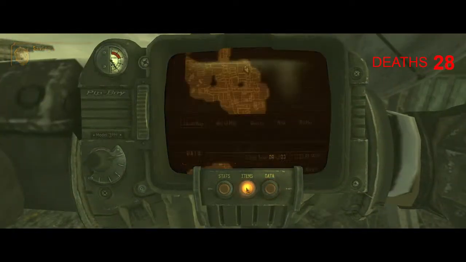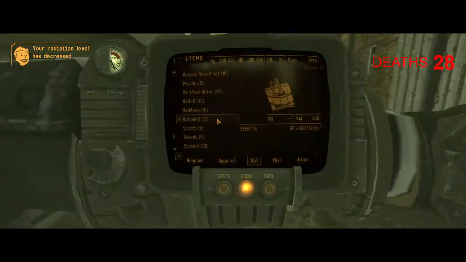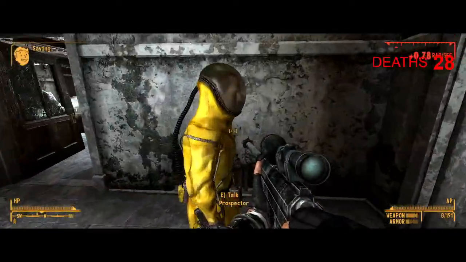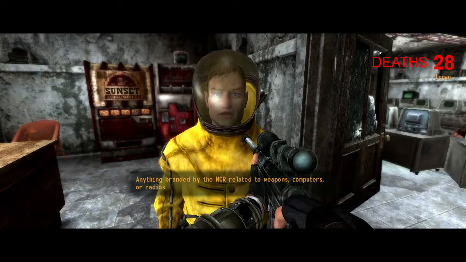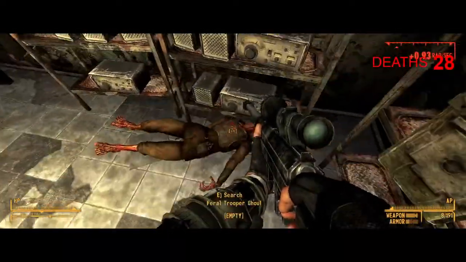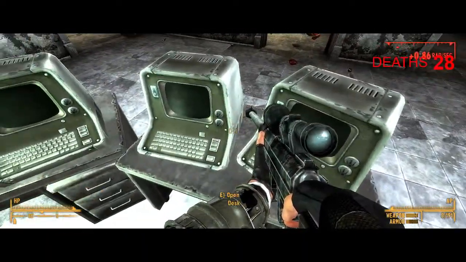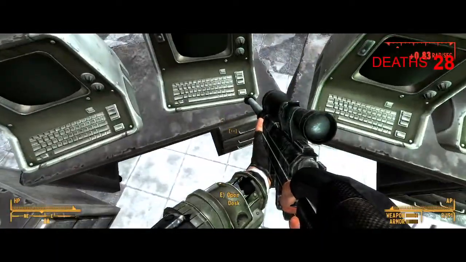Alright. Police station dealt with. Now let's head for the fire station. Oh. Nope, there's apparently still more here that I didn't see. Howdy. What do you want now? Anything branded by the NCR related to weapons, computers, or radios. Alright. It's gotta be one of these computers here. There we go. The NCR computer parts probably is what they were looking for, and